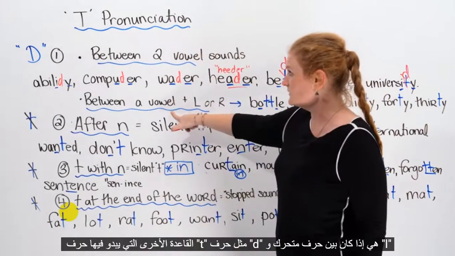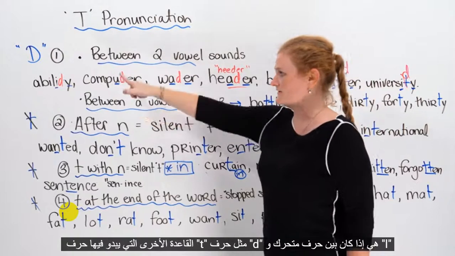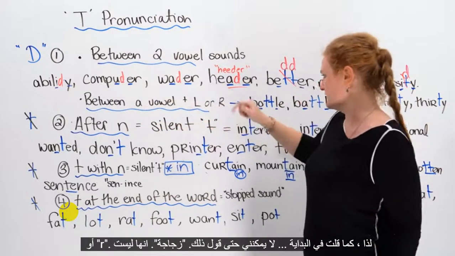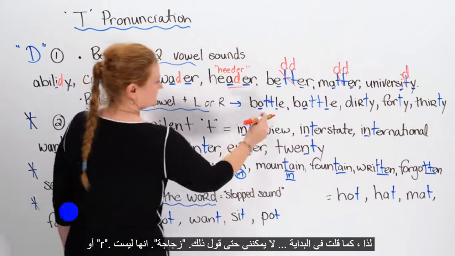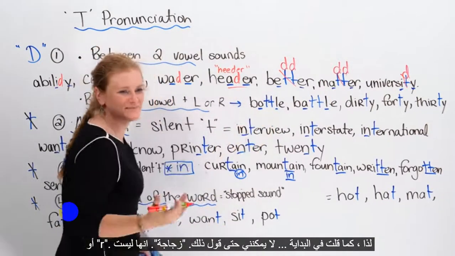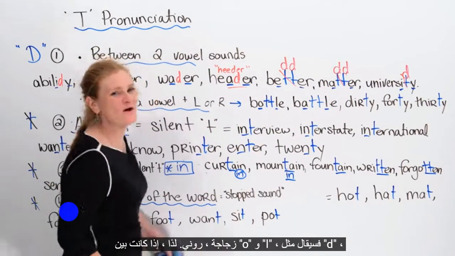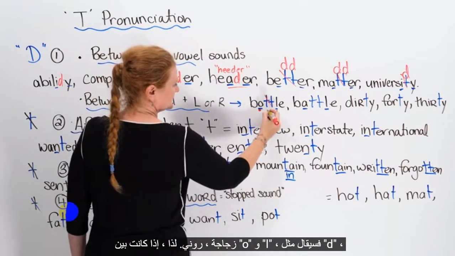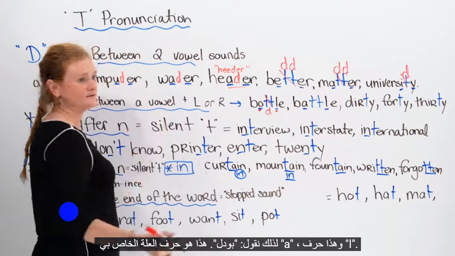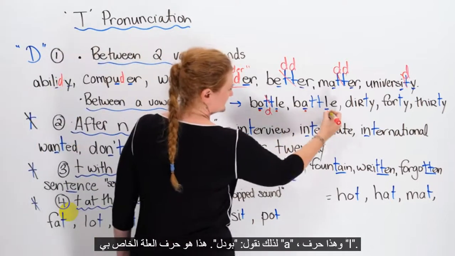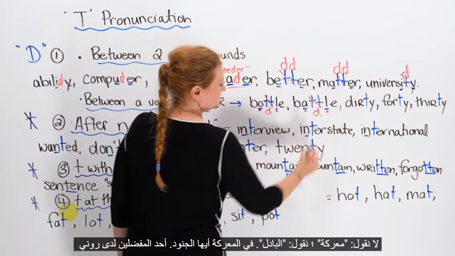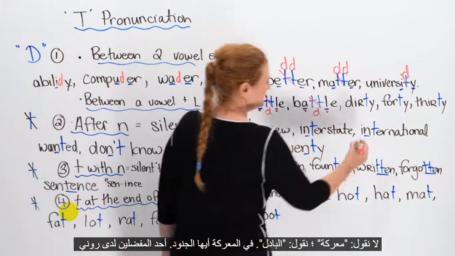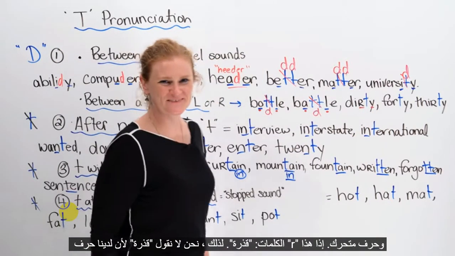The other rule with the T sounding like a D is if it's between a vowel and an L or an R. So, as I said in the beginning, I can't even say it, bottle. It's not a bottle, Ronnie. So, if it's between an O and an L, it's going to be said like a D. So we say bottle. This is my vowel A, and this is an L. We don't say battle, we say battle. Into battle, soldiers.